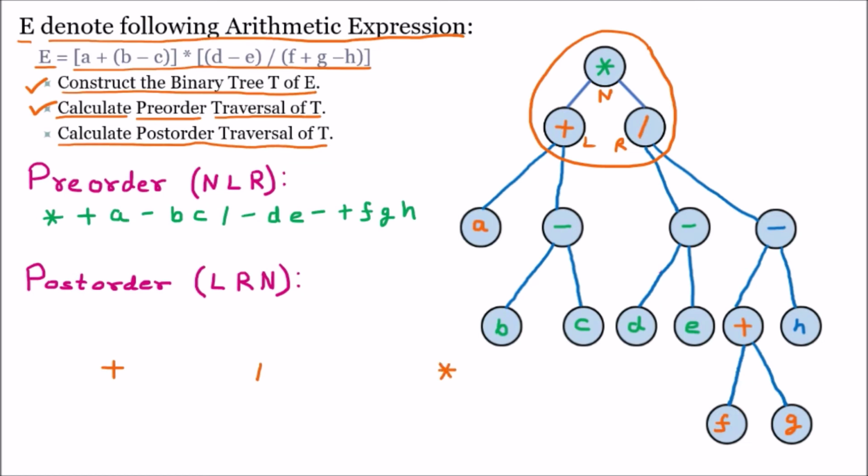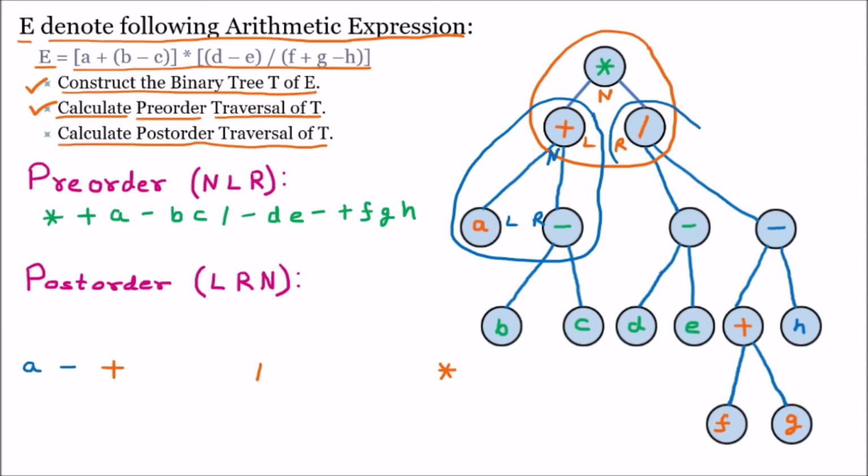Now talking about the next part. So here we are taking the next subtree. In this we are having the node, which is a parent, then left and right. So here the sequence is left, right, node. That means A, minus, plus. Plus is already taken. So here we are taking A, then minus and plus.